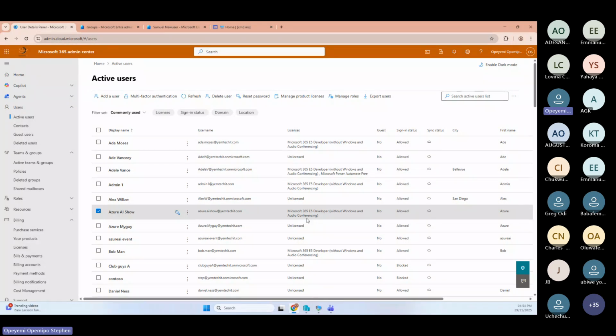Now, the next thing we want to do is delete that particular security group. We want to delete what? The security group. We don't need it again. Now, let me crack your brain and let me see if somebody can tell us what to do. Now, I want to delete this security group. Who can tell us briefly what will happen to that user and the license in that group? Okay, AKG,